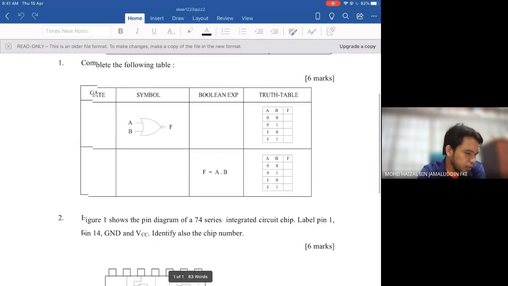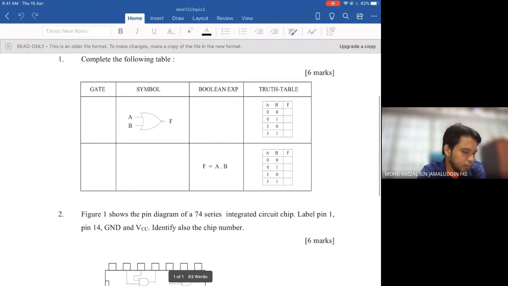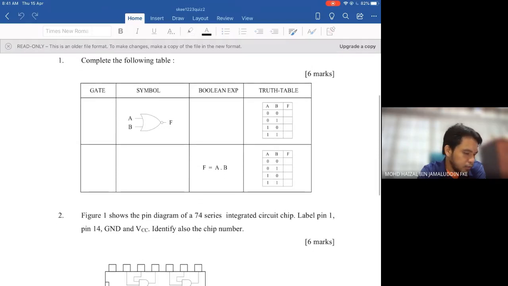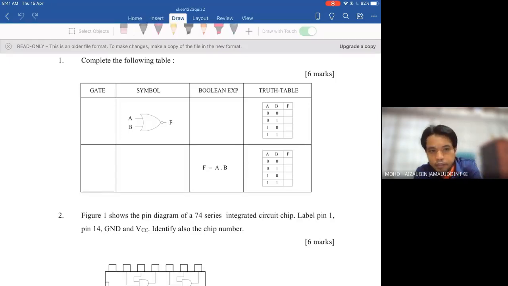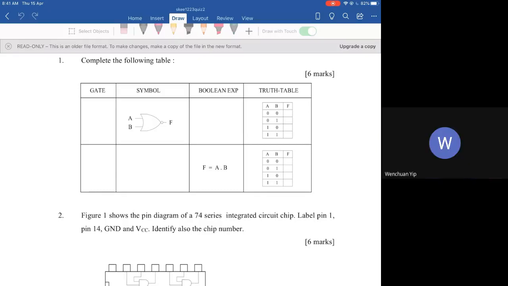This example of a quiz is just to recall the basic gates and how you can transform them into the truth table. For example, what is the first gate? If you don't remember, you don't know. NOR, NOR and